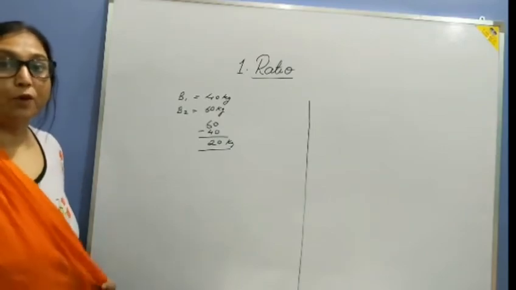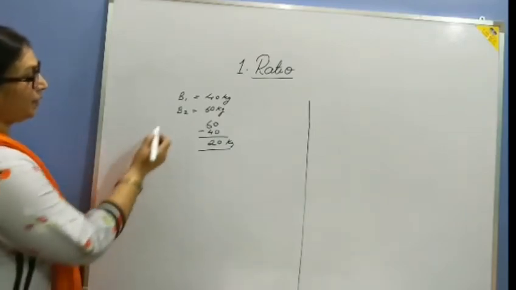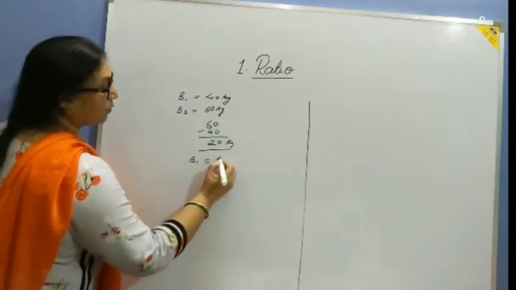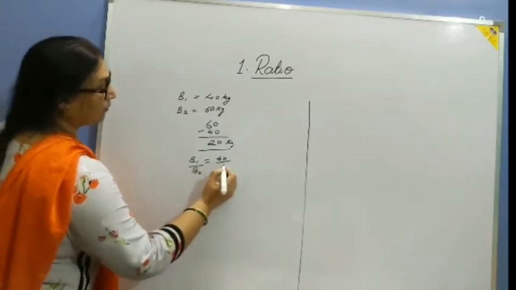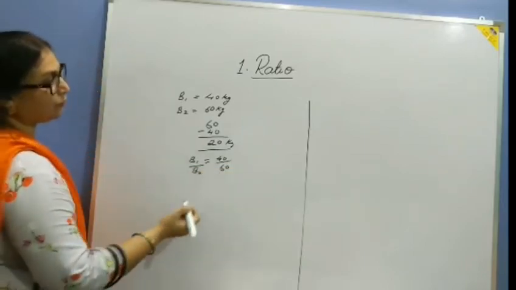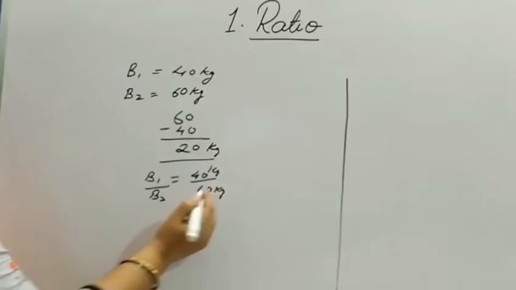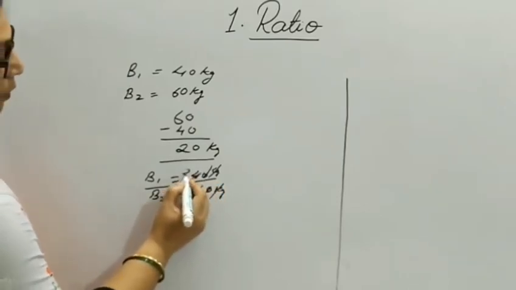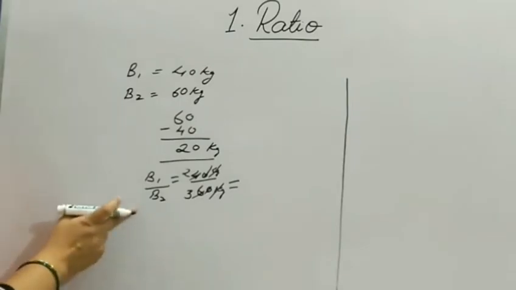Do you know there is one more way of comparing? That is division. Let me explain the division method to compare. Take the first boy's weight and divide by the weight of the second boy and convert to the simplest form. Here it is in kg, this is again in kg. While cancelling, the units are cancelled, 0 0 cancel, 2 by 3. Hence you can compare using division.